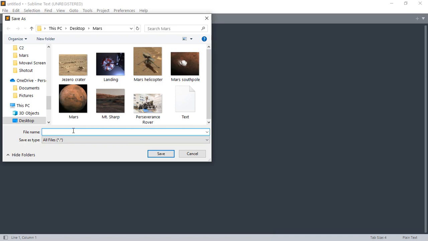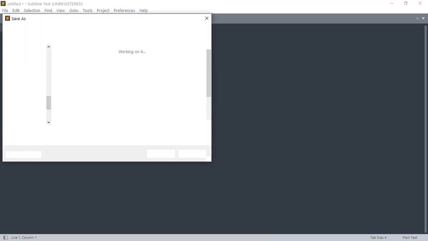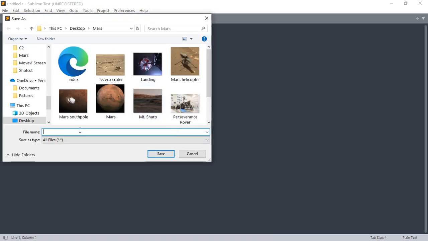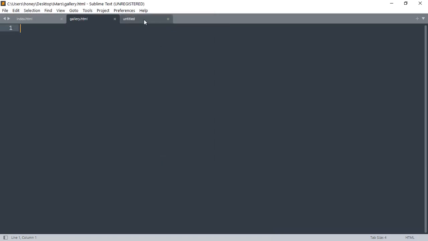So you save it as index.html, and then over here Ctrl S to save. And here we're going to save it as gallery.html, and then over here Ctrl S,